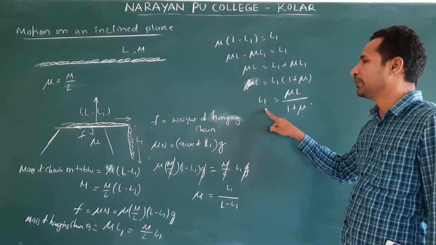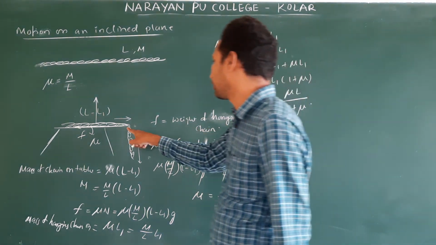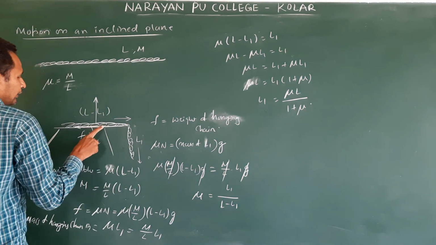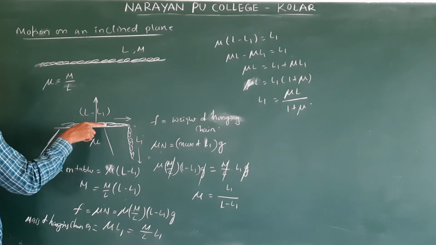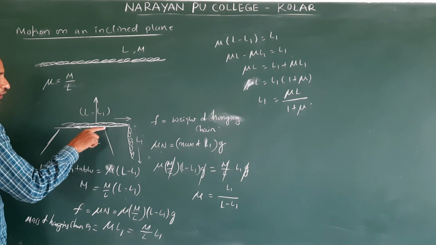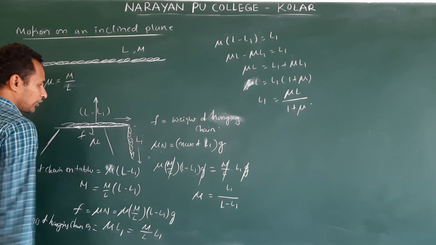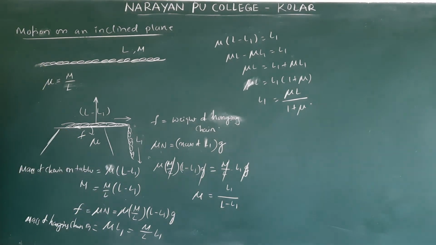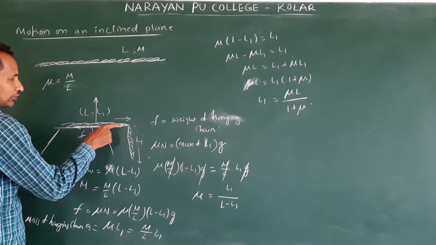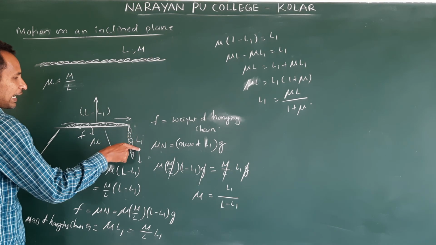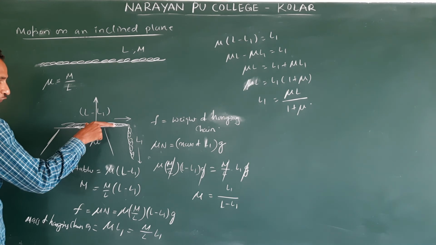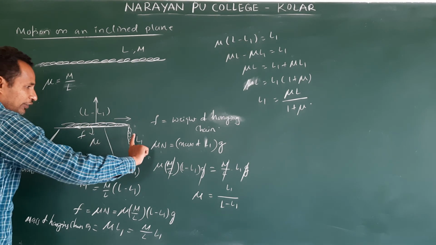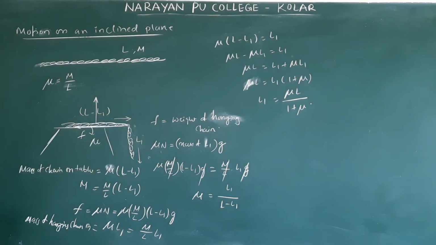So this is the maximum length of the hanging portion so that it can rest on the table. If we increase it, then what happens? It slides down. It pulls down and overcomes the friction. Why is it not sliding when L1 is hanging? Because friction is acting on the table. So this friction balances with the weight of the hanging portion. Based on that, we solve this problem.